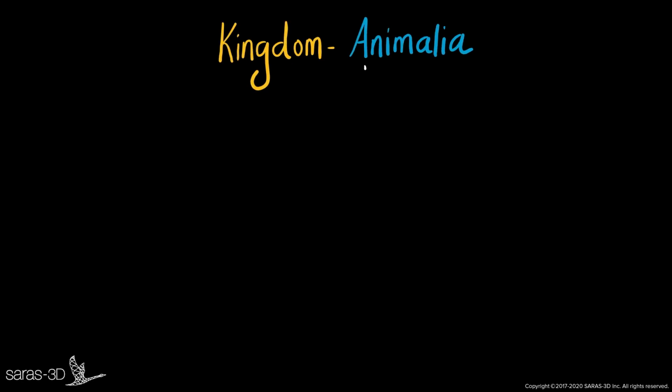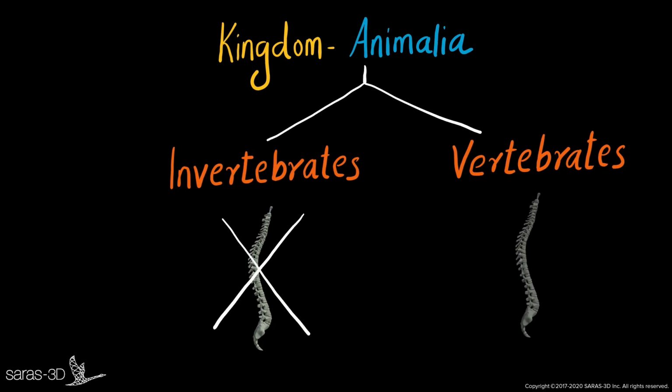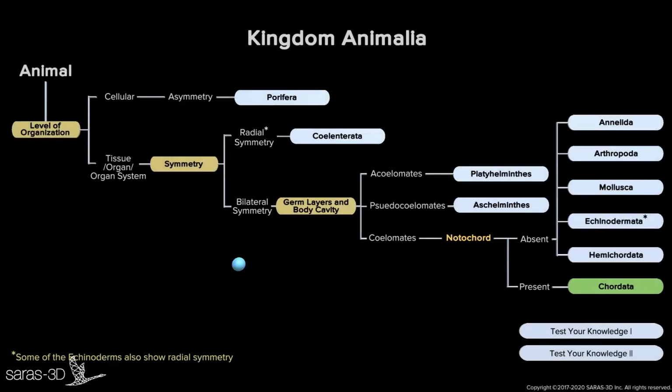Kingdom Animalia can be broadly classified into two groups, the invertebrates and vertebrates. Invertebrates are organisms without a backbone, and vertebrates are the ones that possess a backbone. Under invertebrates, we have 9 phyla. Here we will be learning about 4 of them, that is phylum Porifera, Cnidaria, Platyhelminthes and Nematoda under the video